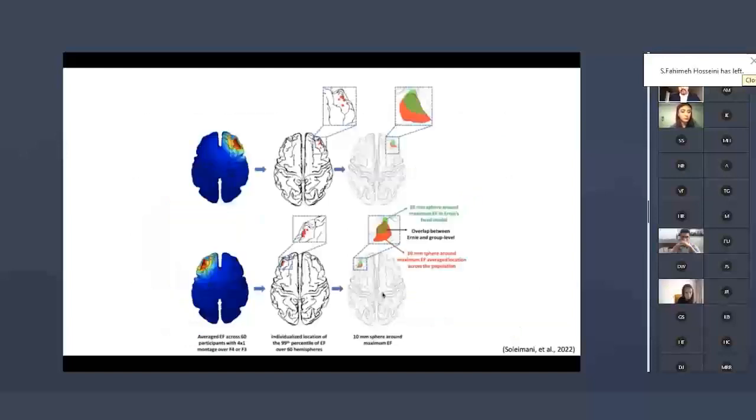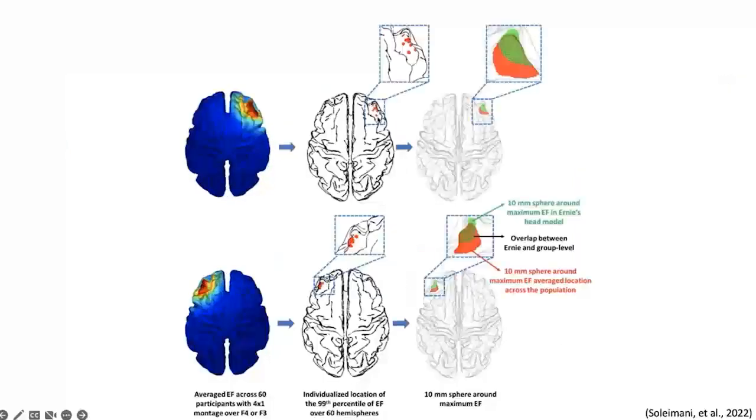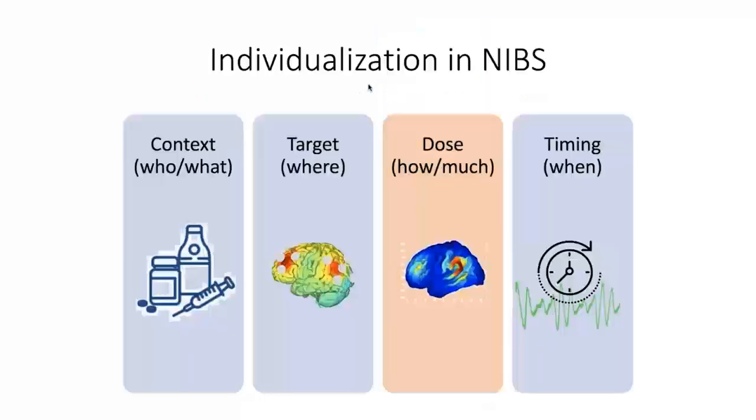Meanwhile, we showed in some of the new work that we are doing that there is a significant level of inter-individual variations in terms of the actual target that we can use. And there is always a discussion in terms of how we can take into account these inter-individual variations in the target that we are interested in. That's another discussion that we can talk about during the webinar. Meanwhile, we already have a discussion regarding the dose and how we can optimize the dose for stimulation.